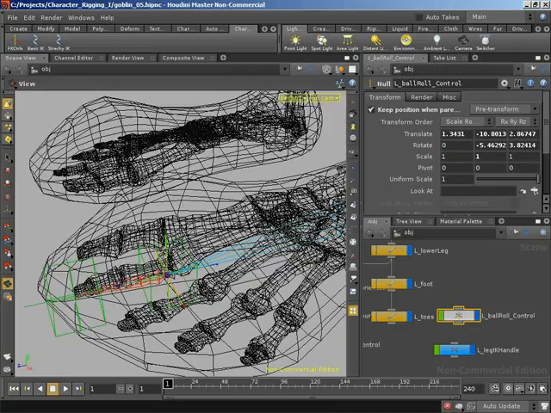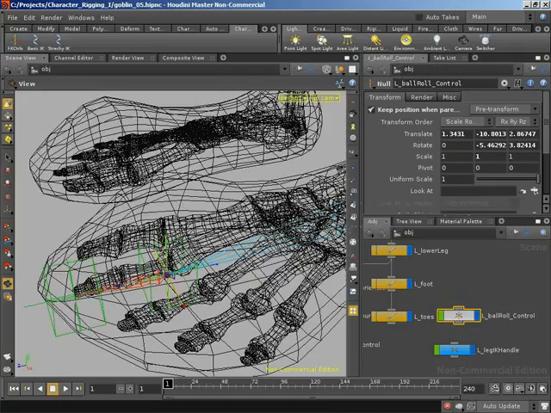We can still go ahead, set up twist controls and make sure that everything is going to work perfectly rather than hoping it works perfectly but not really ever being sure, and maybe having an animator that hits a problem in a certain pose where that foot is going to twist, and that will cause obviously horrible deformations because it's not acting properly. So let's go ahead, and I'm going to branch off of the